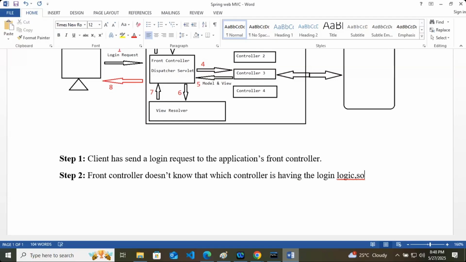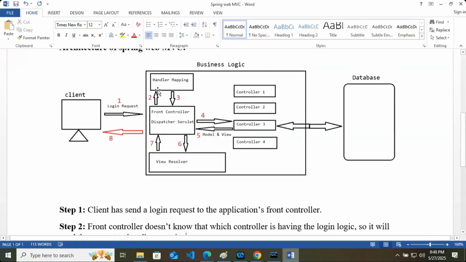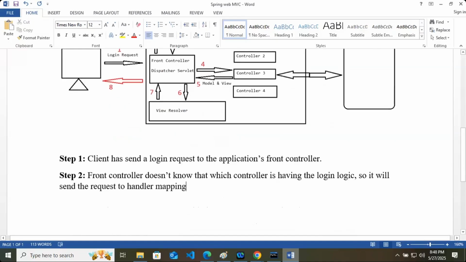So it will send the request to the handler mapping.